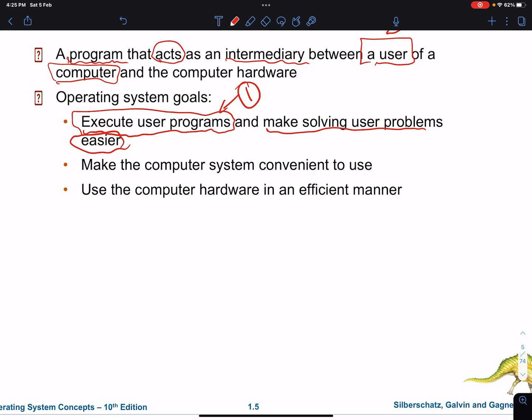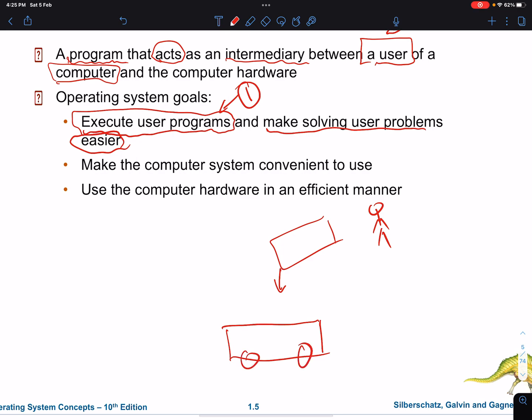Imagine that a user is writing a program to control a vehicle as an example. If there is no operating system installed on this vehicle, then the user needs to write each and every line to control that hardware. So the user is going to be writing the code for the sensors, for the actuators, for whatever is needed.